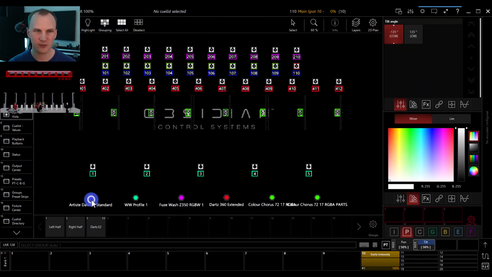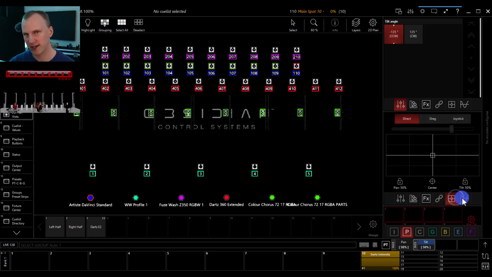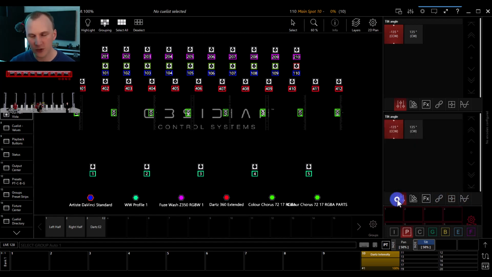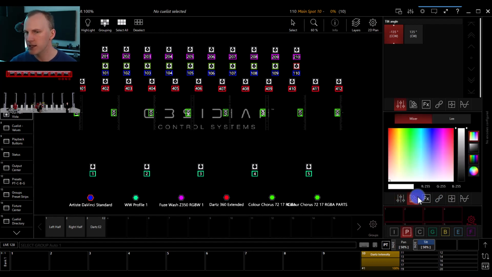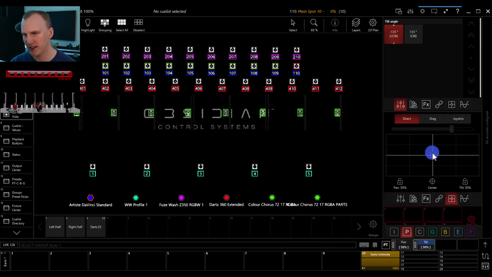So the first thing is, if we go select some lights, let's go with a different light this time. We'll go with our Artiste Da Vinci's in this example. And we've got our different tabs here where we're able to access the different parameters. This is, again, our Vista style tabs that we brought in, where we're able to work with all of the parameters in kind of natural ways. The first one is just simply the DMX channel that's selected. Then we've got our color mixer, our effects link, our pan tilt in an XY grid, as you can see,